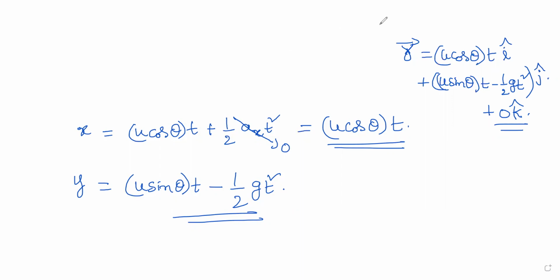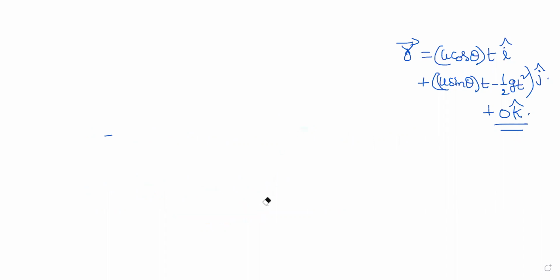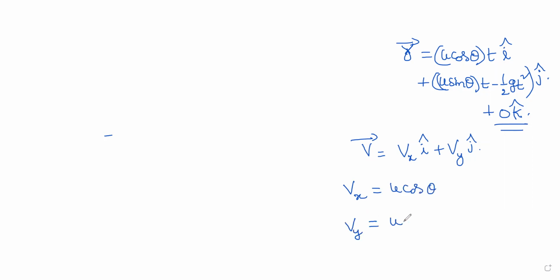And now the next one: the mass of the projectile is anyway constant. The next part is the velocity vector, which you need. It is understood that in the x direction there is no acceleration, so the x component of velocity is not going to change. So the velocity vector v bar is nothing but the velocity in the x direction plus the velocity in the y direction, so vx i cap plus vy j cap. This is how we write. The velocity in the x direction happens to be u cos theta, right? And the velocity in the y direction is u sine theta minus gt.